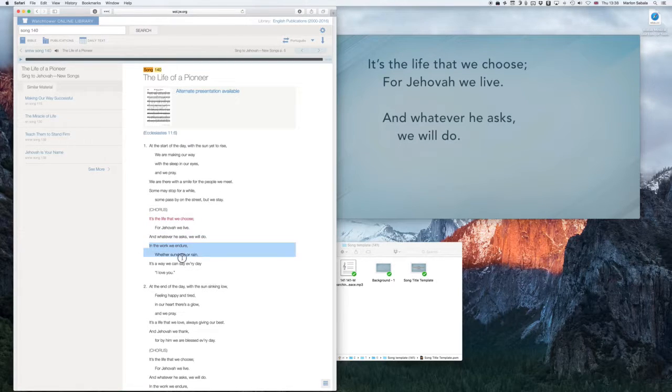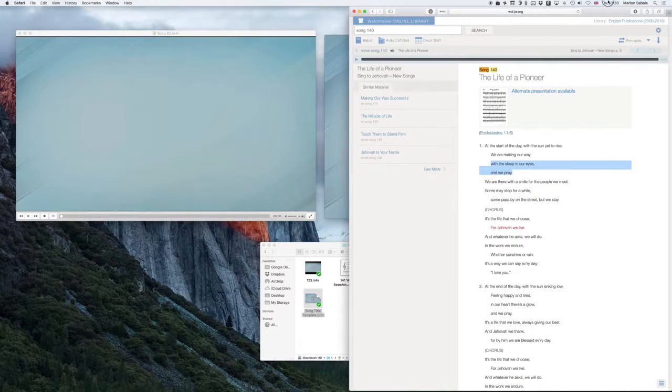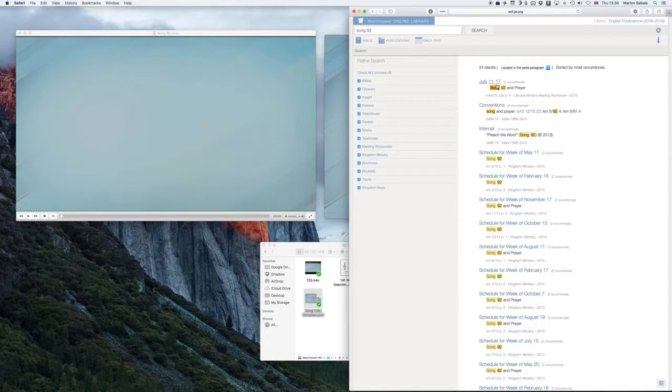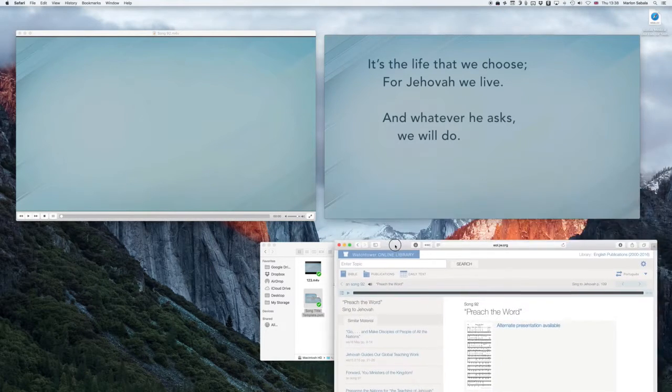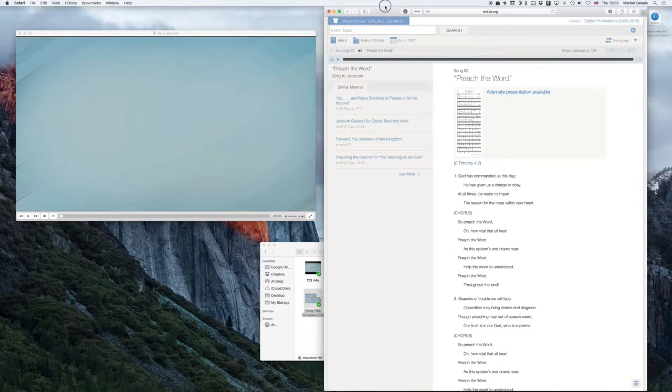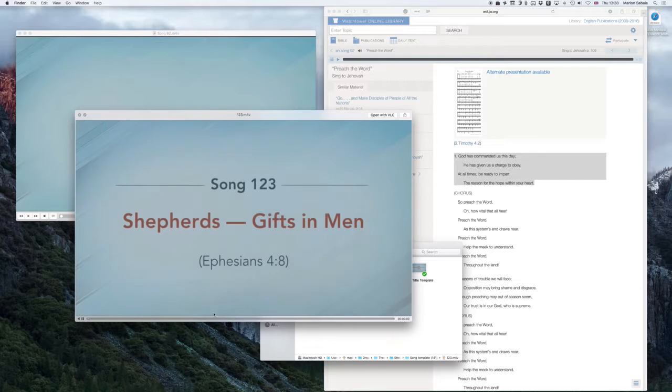There's a bit of a break, and then he does the next bit. So instead of putting that bit and then that bit, he puts as much as he possibly can, trying to follow the rhythm of the song. So in your case, this will be different probably from song to song, but without using the lower third of the screen, which is what we said, so you're leaving all of the lower third. In your case, you could just put the whole of this first verse, which is what I did with the song 123. So if you look at song 123, which I have here,